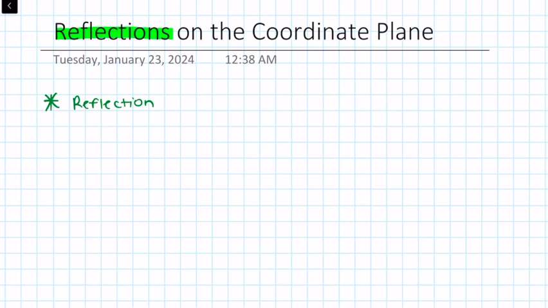Today we're going to be going over reflections on the coordinate plane. Now before we can go on to the coordinate plane, let's just go over what a reflection is. A reflection is a type of transformation. So something's going to change. In this case, it's going to be coordinates or points on a coordinate plane